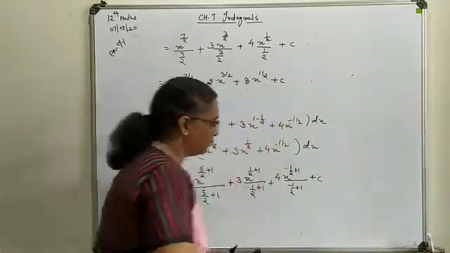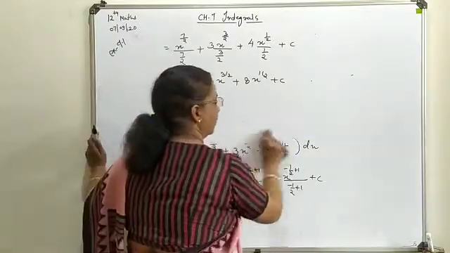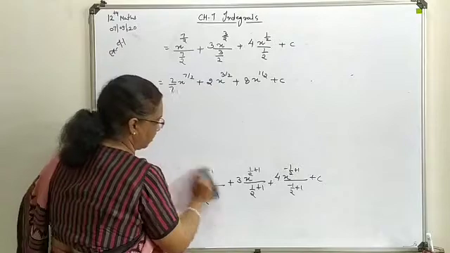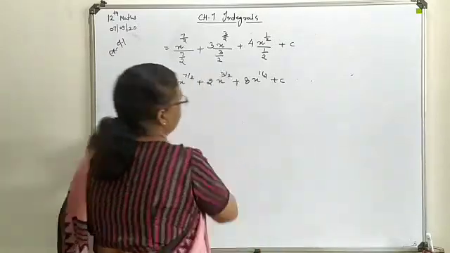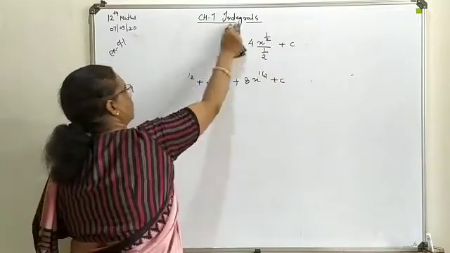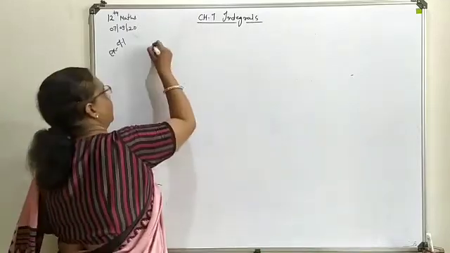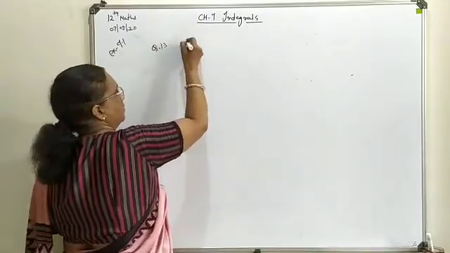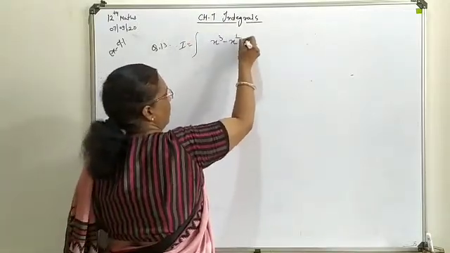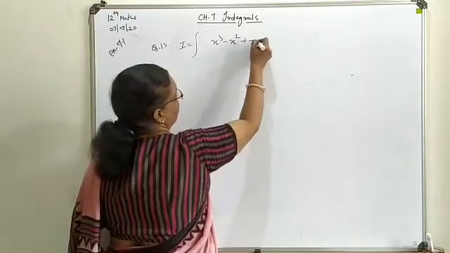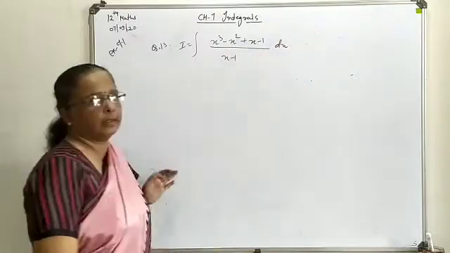Now next we move towards the 13th question, in which the combination is a change. Here we have an algebraic expression with a cubic term. Now here your question number 13 is x cube minus x square plus x minus 1 upon x minus 1. Here it can be handled